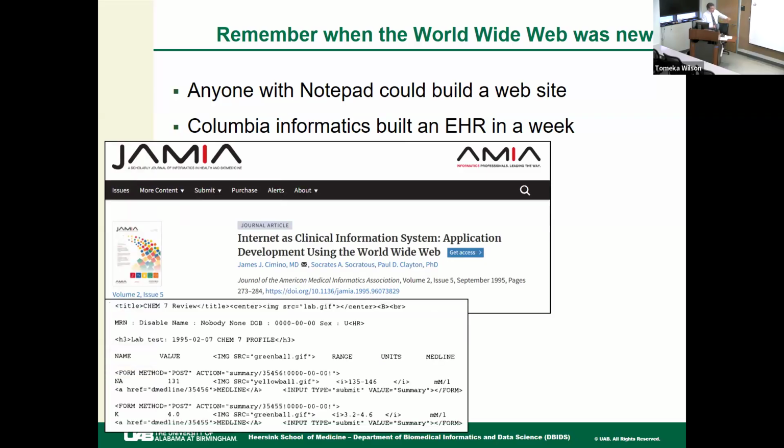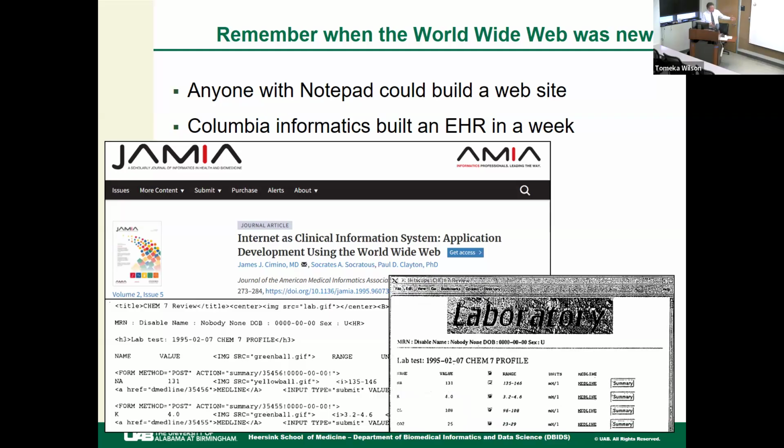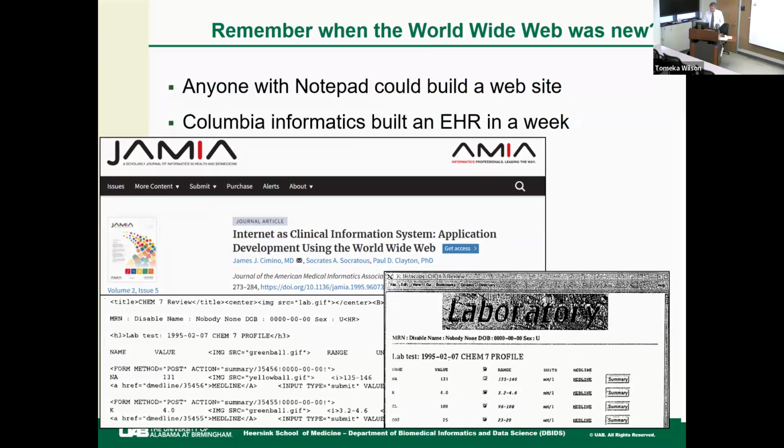And this is a screenshot of one of the figures, and it's just HTML. So if you can't read it, the important thing is it's just text, and you can just write it with any kind of word processor you want, and then that would produce something that was graphical. And I apologize, I can't seem to find the original color image even online for this paper, but the point was that very quickly you could create something that was a new way to look at the data.